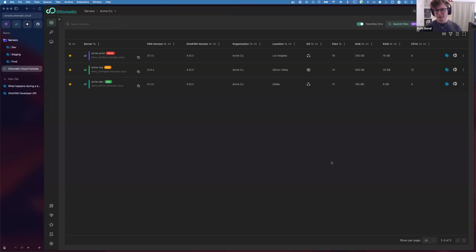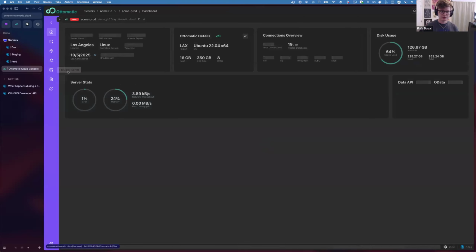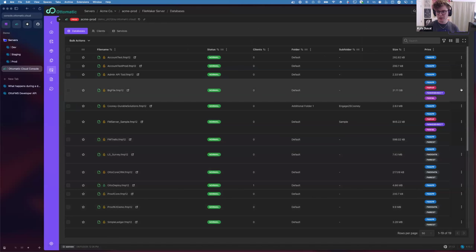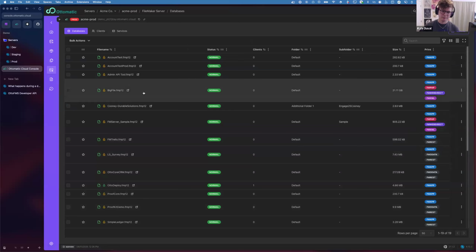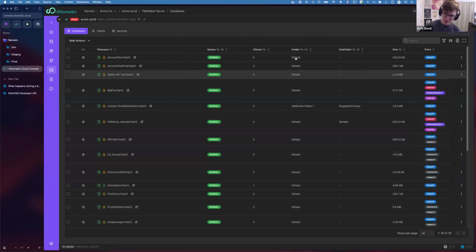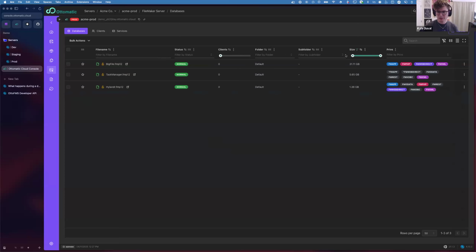And then of course there's some simple interaction here. You can open up the Cloud Console. You can look at the admin. You can quickly open the admin console. You can do all those same file actions I showed you earlier from here. So you can do all of the opening and closing and downloading clones, and you can send individual files. You can get XMLs. You can do tons of stuff. You can also really quickly open files in FileMaker. This has some nice filtering capabilities. So you can say, only show me my big files, stuff like that.